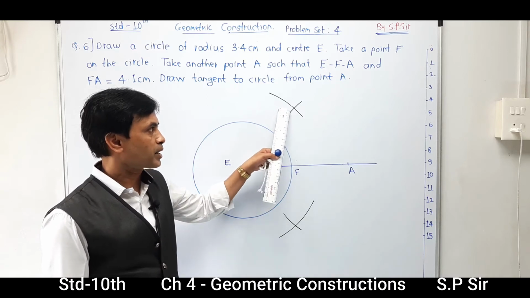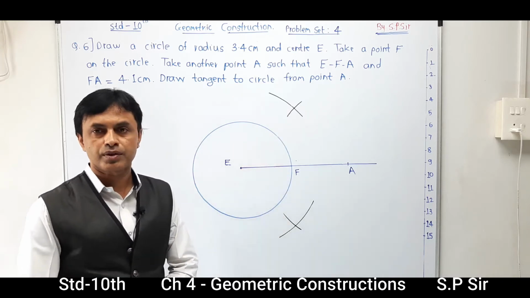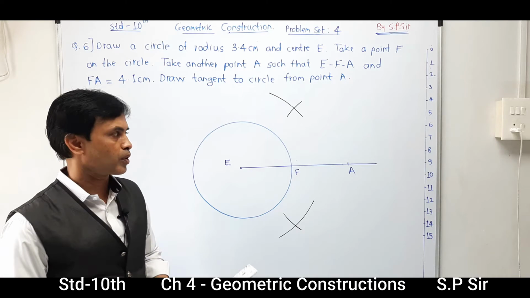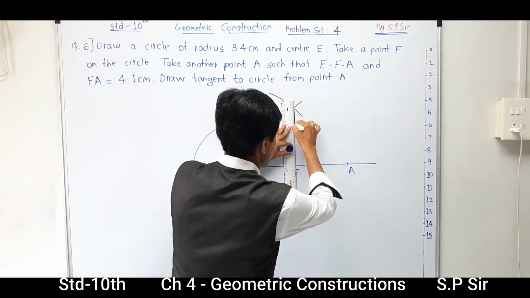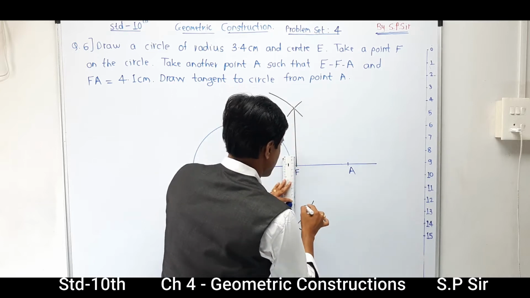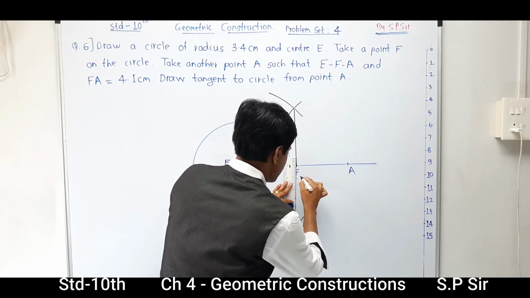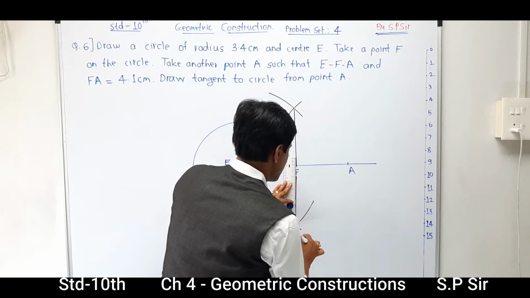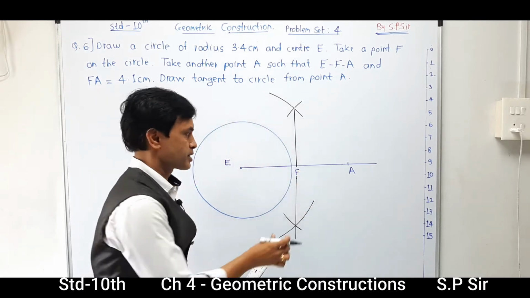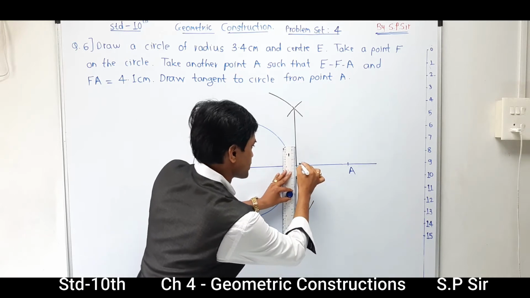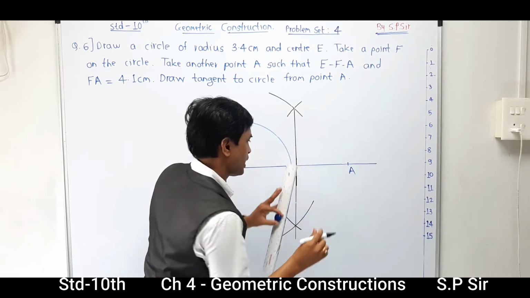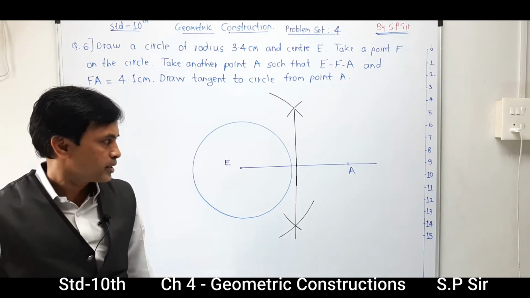When you make one mark upstairs and a second mark downstairs, we have to draw a simple line passing from these two points. Here is the respective line. Now this point F is going to get disturbed, so I am going to shift this F to some side and apart. First of all I am going to complete the line, and now I am going to write this point F